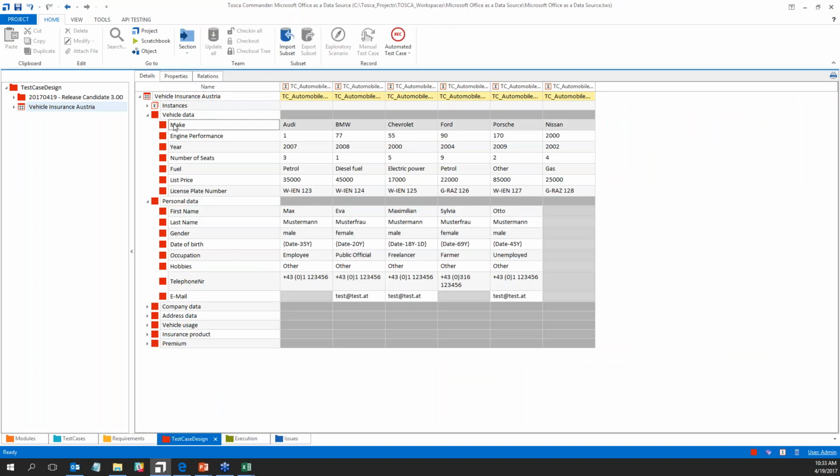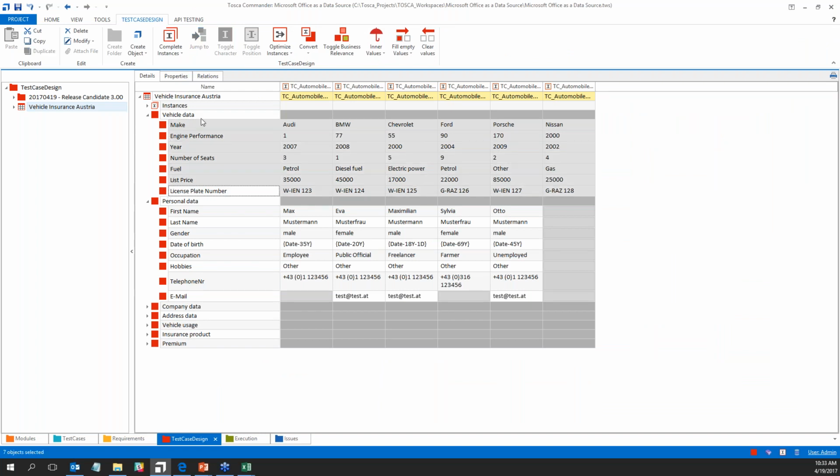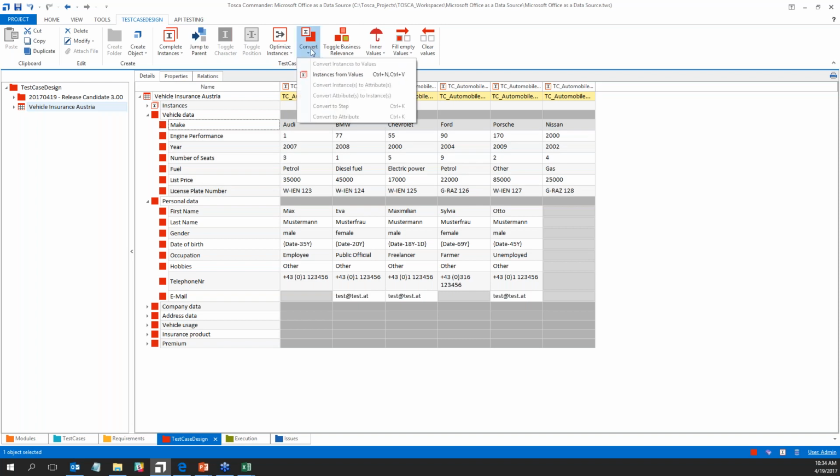Okay. The one last thing that I said you should do, so now all of the data is pasted into the test case design. You can select the lowest level attributes because remember now each attribute has different instances which are the variations of that attribute. Which means that for make, for example, I should have 6 instances, one for each of the different data options here. So what I can do is I can, for example, select that attribute and then go to